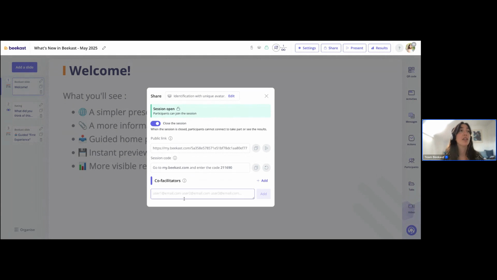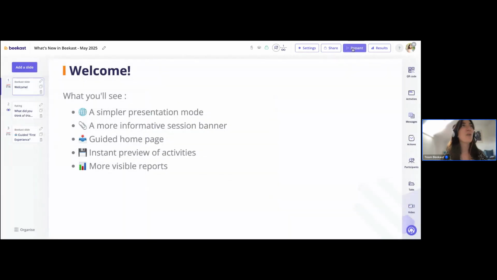So adding co-facilitators is also very easy here. This is just everything to do with editing and sharing your session. All right, next,